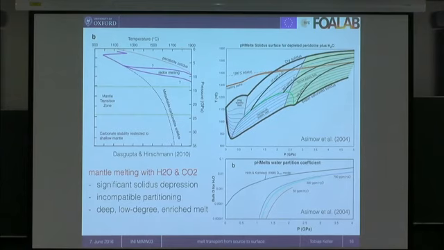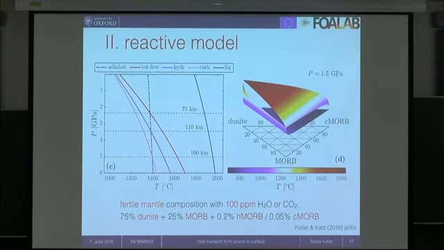And they produce, as a result, deep, low-degree, volatile-enriched melts that are produced below the onset depth of volatile-free melting. And the final calibration that we've come up with for the study I'm going to show next is essentially this, where you can see a pressure-temperature diagram with the volatile-free solidus resulting from our parameterization, the hydrated solidus and the carbonated solidus, and the hydrated and carbonated are each with 100 ppm water or CO2 added to the